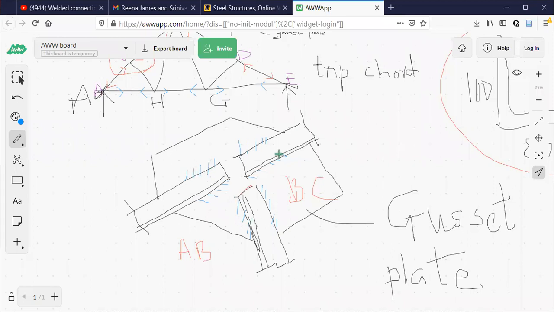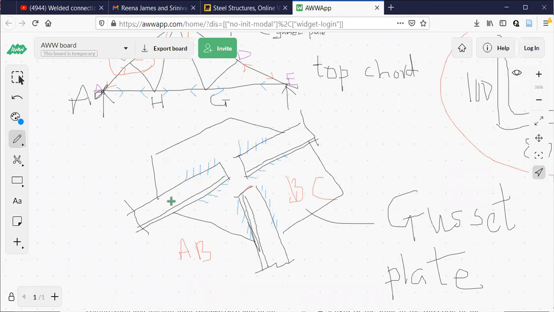Once the lengths of all these angles are decided, based on that only you can finalize the size of the gusset plate. Because it has to overlap, I cannot use a smaller gusset plate when I need more length of the weld. That is not allowed. So this is one option of module 2. Module 2 part 2 is related to problems wherein I'll be using a plate and a member, to connect them.